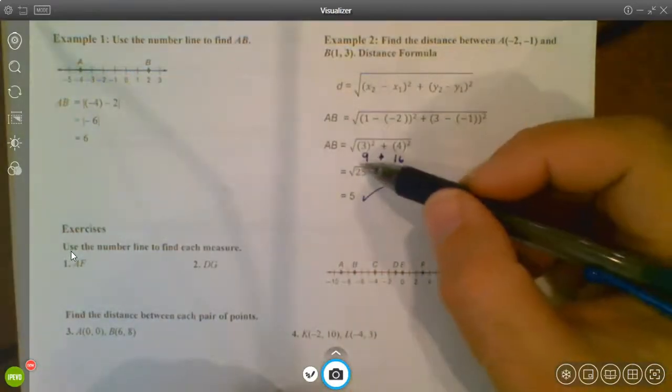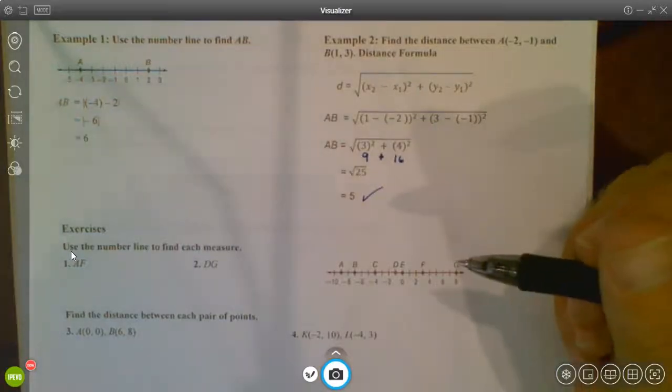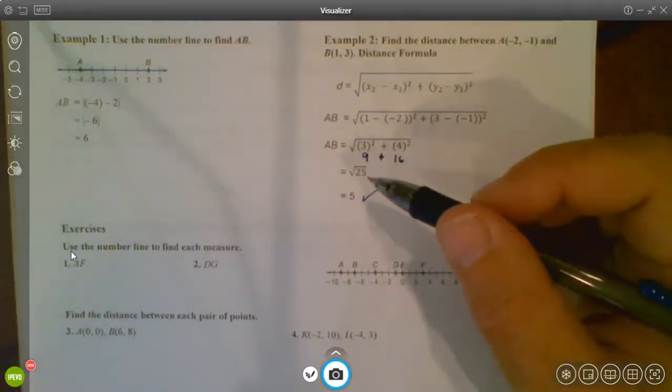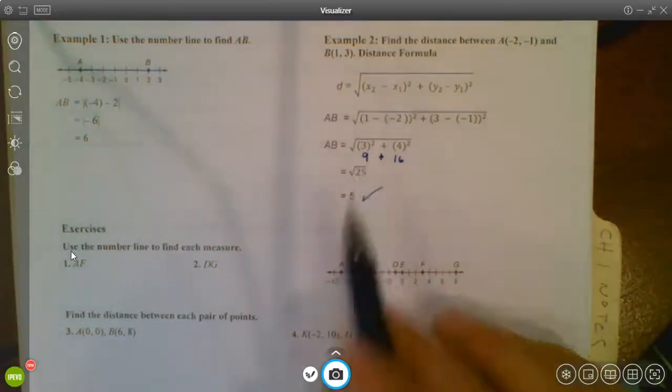If this was not a perfect square, that's something we're going to be working with more and more, but we can leave it in radical form. I would only tell you to put it into a calculator and get a decimal if the direction specifically said, like, round your answer to the nearest tenth or something like that, right? But if it doesn't say, it's probably best to leave it in just a radical form if you can't simplify